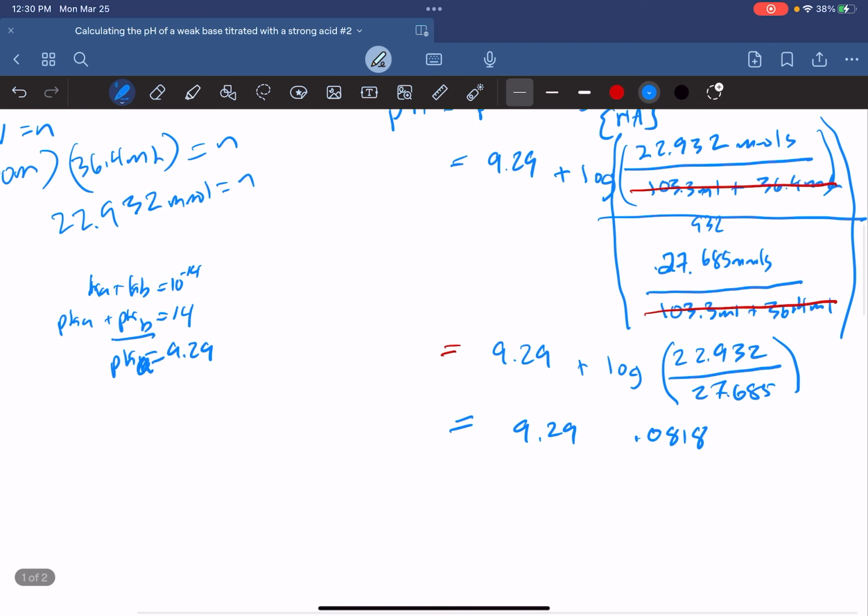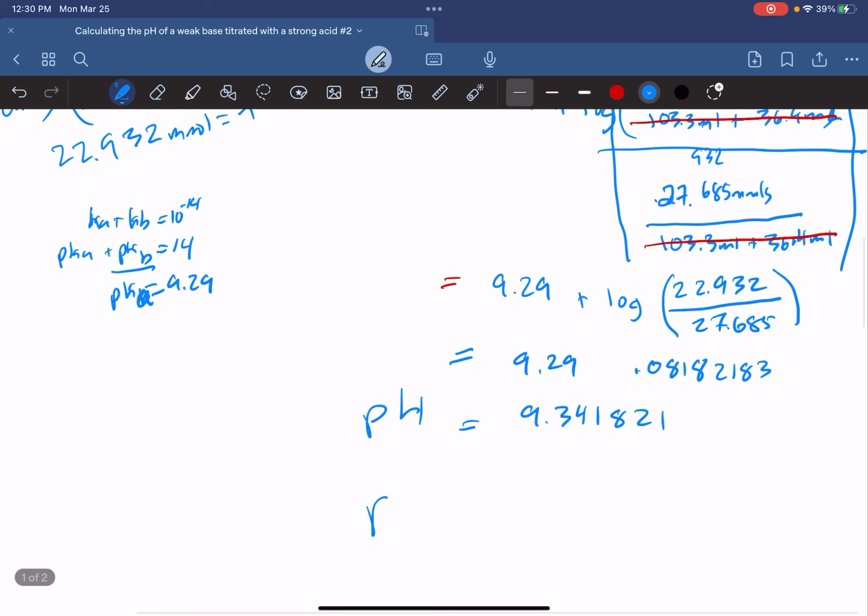When we do that, there's a whole bunch more numbers on this, 8182183. When we do that, we're going to end up with 9.341821. And as always, they ask us to do it to two significant figures. So that's the two significant figures right here. So our final answer for our pH is going to be equal to